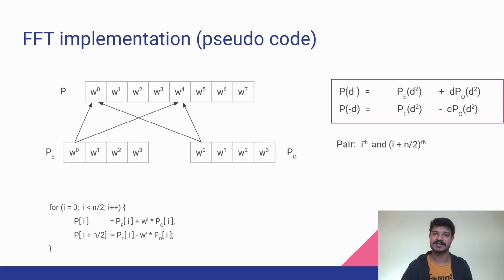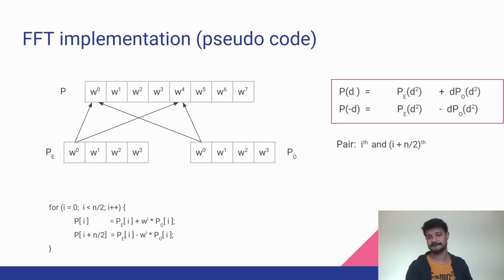They're just a positive-negative pair of each other. That's why W to the power 0 and W to the power 4 are basically the same, only the sign flips. That's why we have a minus sign and we are still going with W to the power i, right? So using this formula we have established a lot earlier,